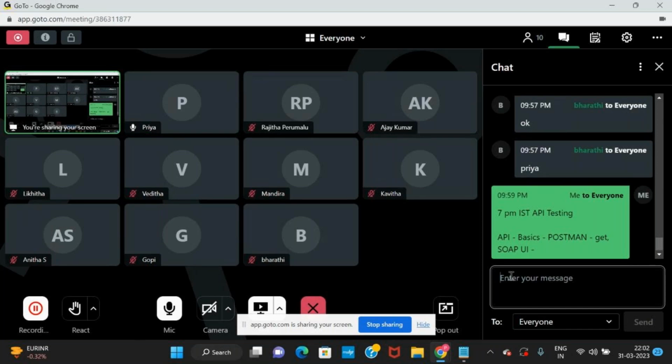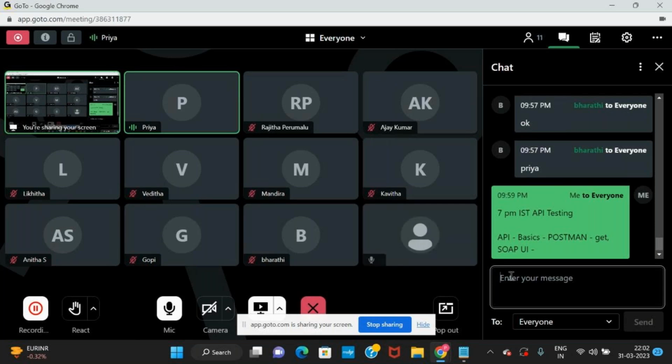Okay, got it. Negatives can be separated. If you just want to check the dates, to and from, that they should not overlap, like the to date should not be before the from date, you put that condition in one test case, which is fine. And related to other dropdowns, other inputs, again another test case, which is fine.